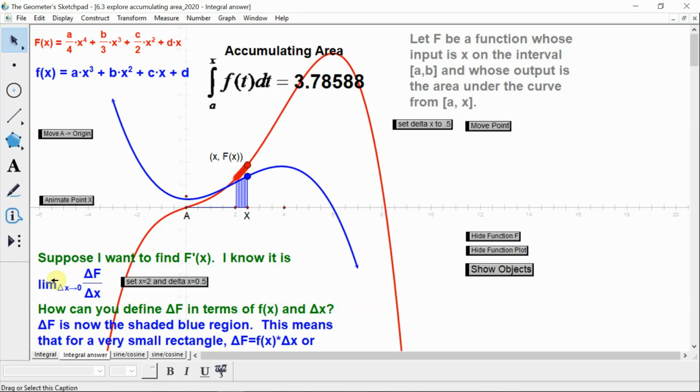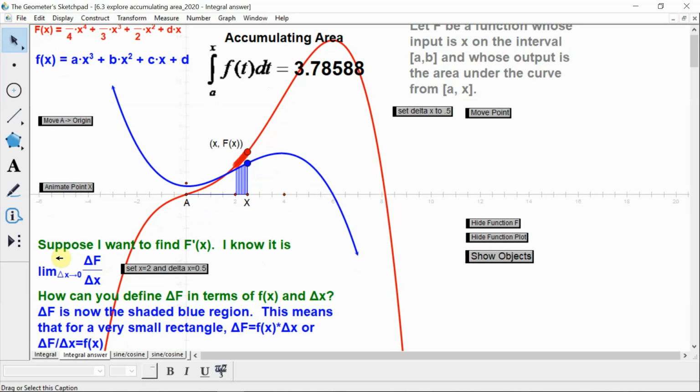Okay, so delta x is approaching 0, and this then is just slope, right? Remember that we're taking a secant line and we're turning it into a tangent. So delta y value for the red function, delta x value for the red function. So that is the derivative. So if I could calculate this, this should be able to tell me the derivative of the